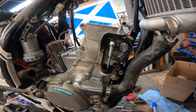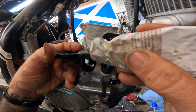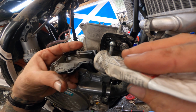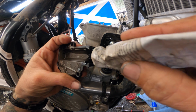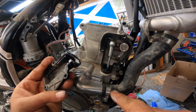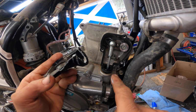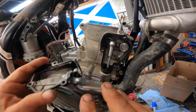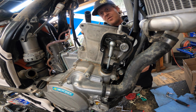So what I like to do, we take a little bit of our 3-bond gasket maker, and we're gonna run a little bead all the way around that surface. And some of you guys might say, oh, you have to use that, bro. KTM now is putting gunk on this from the factory to try to keep these things from leaking. They're leaking brand new. So I'm gonna let this set up for a little bit, get nice and tacky, and then we'll install it. All right, also while we're waiting on that to cure, we'll go ahead and put our